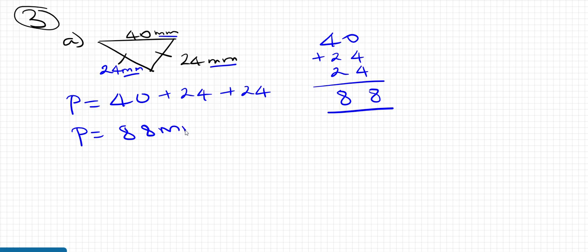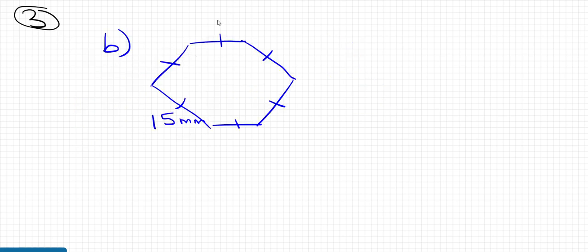So 88 millimeters. Okay, for our next shape, do you know what this shape is? A shape with 6 sides is 1, 2, 3, 4, 5, 6. So a shape with 6 sides is a hexagon. Now my hexagon looks a bit funny, sorry, did my best. So with this one,